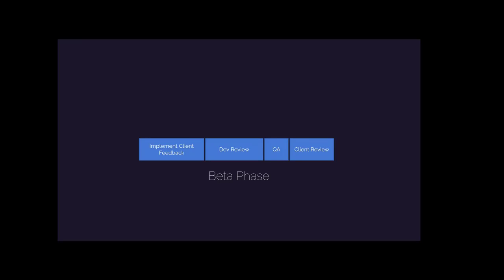And once we hit a point where it's acceptable, then we send it on to the client for review. We may or may not have more than one or two reviews with the client. It just depends on what we had agreed to as to how many rounds of client review. But in that whole process, as the client review process is in place, the developer is now working on